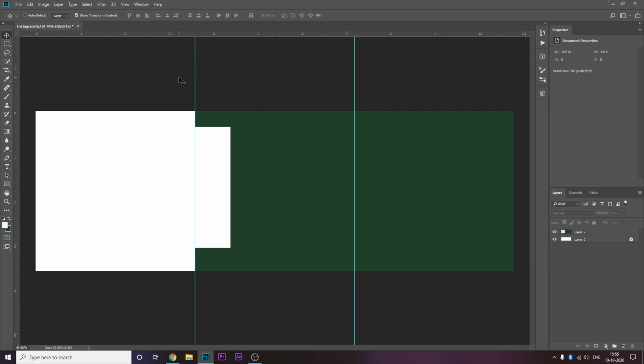But now you realize that Photoshop has this feature, wherein it undoes and it redoes. So let's say I draw this, but I don't want it.